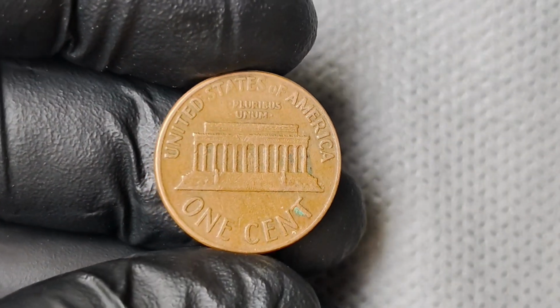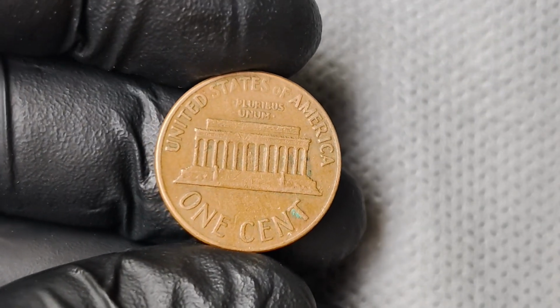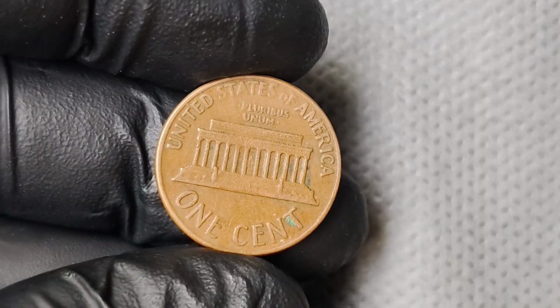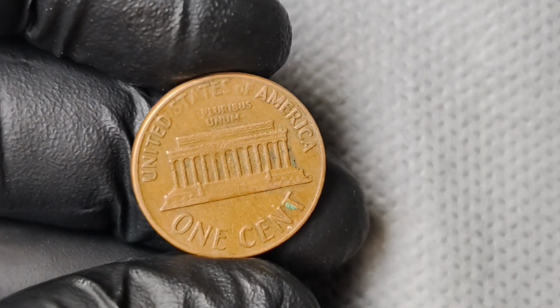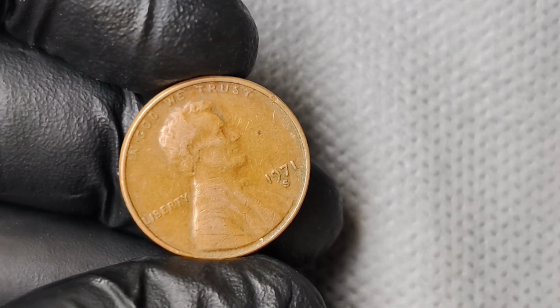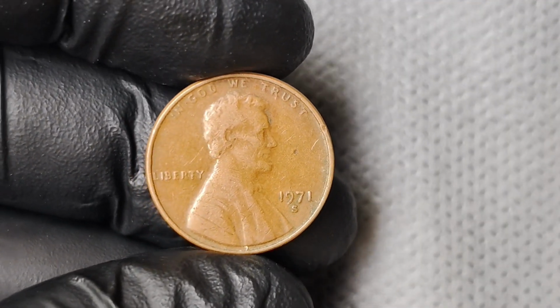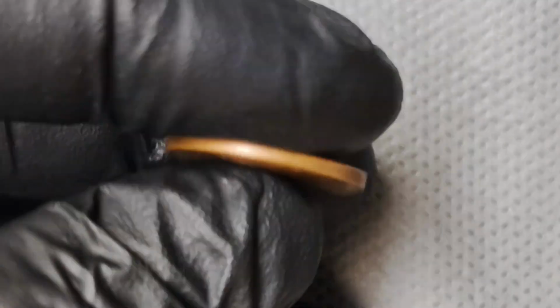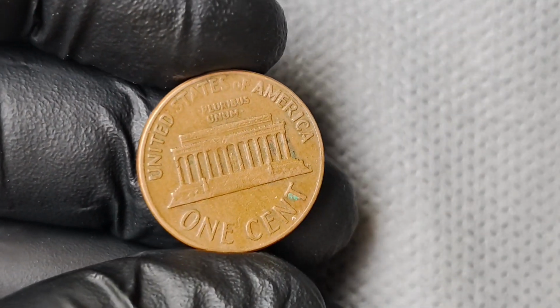That's the difference between a few dollars and over 1 million. Collectors who've seen one in person say it's almost hypnotic, the way the doubled design catches the light, revealing the error that shouldn't exist. Some even call it the ghost image of Lincoln's penny, a rare echo from the mint's machines that defied perfection. And every time another one surfaces, the price jumps higher, because demand for this coin never